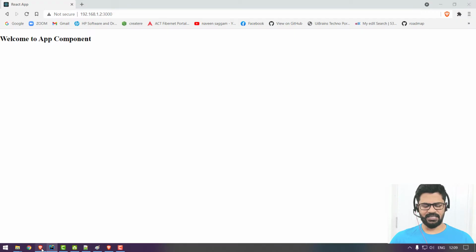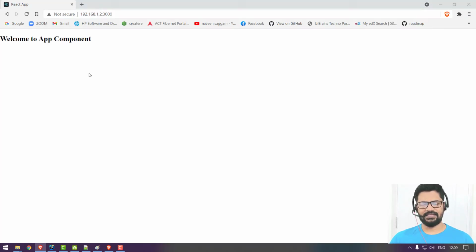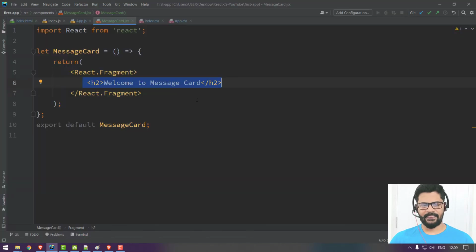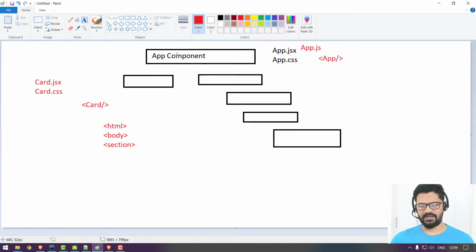Now we go and check the UI. So only the app component is there, but my message card content is not there. Why is my message card content not there? The thing is, yes, you have written a component, but app.js is actually a root level component, which is the top level component.